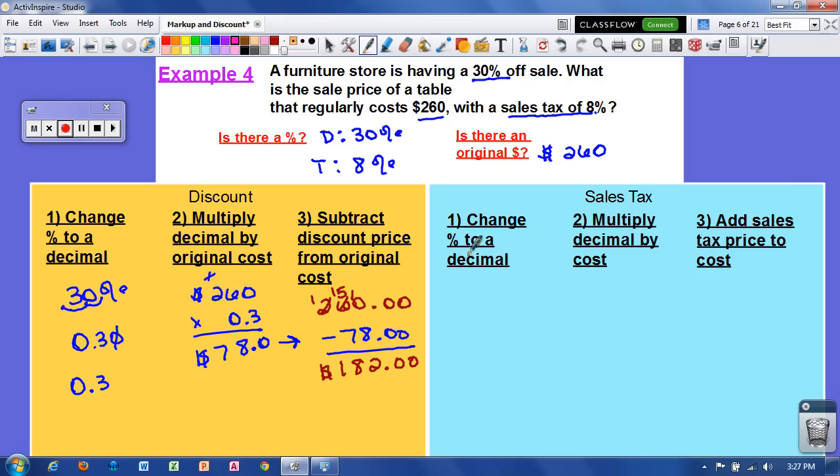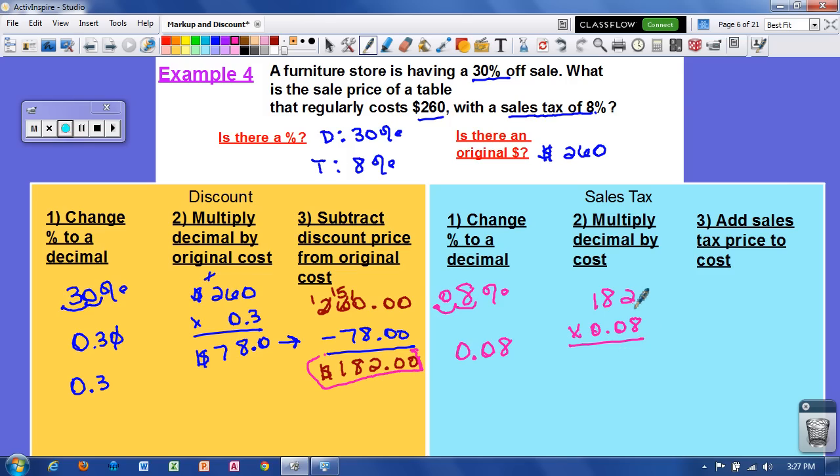Alright, change the percent to a decimal. Our tax is 8%. Paddle to the left. Empty space gets filled in with a 0. And that is 0.08, I'm sorry. So now I want to multiply that decimal times the cost. So that cost is going to be this one right here. Not the original, but whatever the selling price is. So I'm going to take that 182 and multiply that times